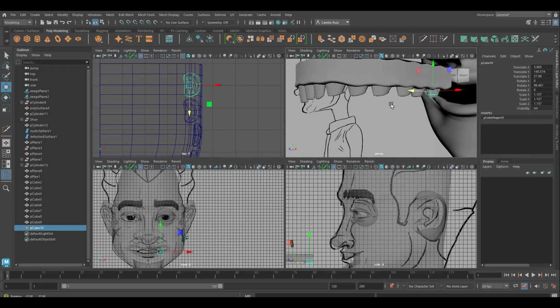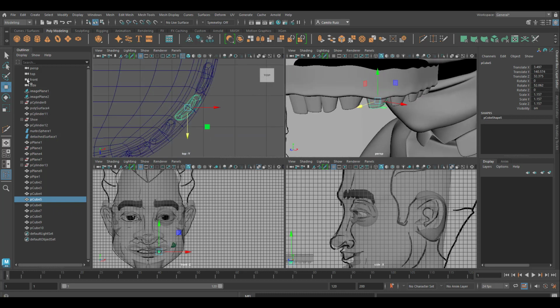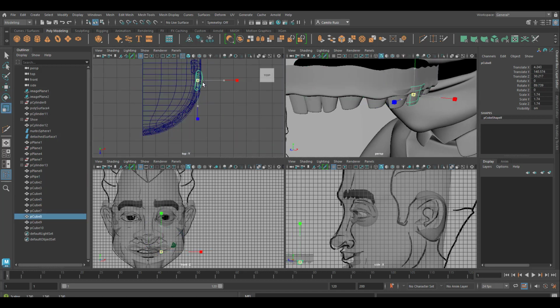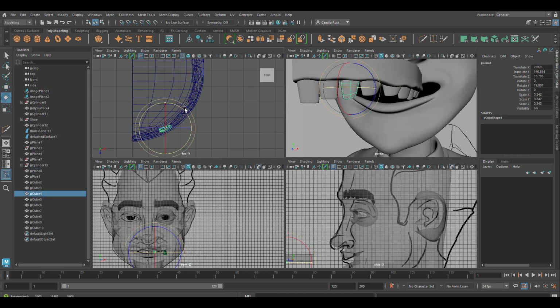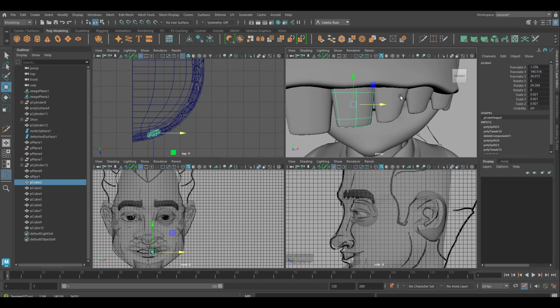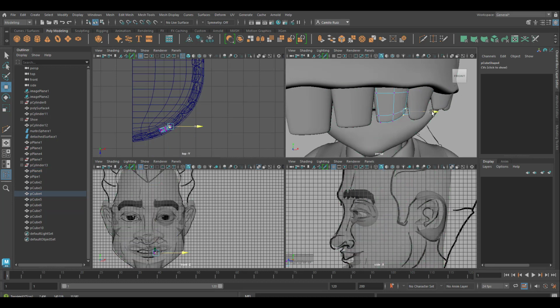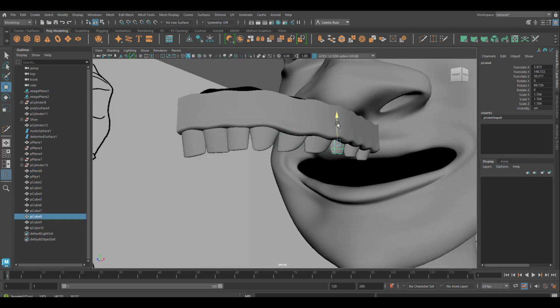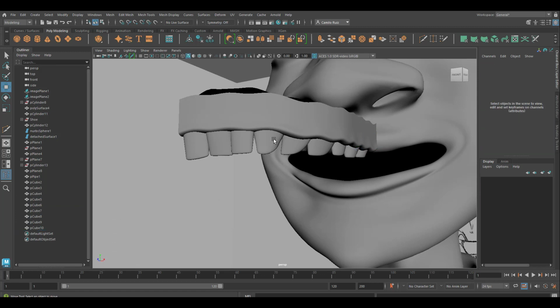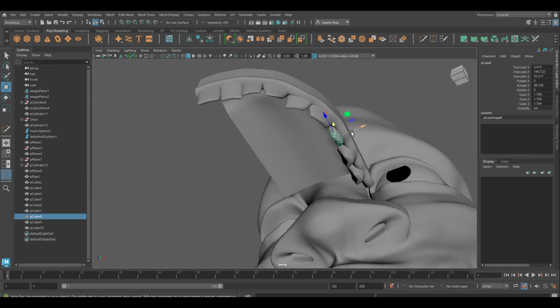For me, this is very stylized, not realistic, but gets the job done. Okay, once you're happy with your results,